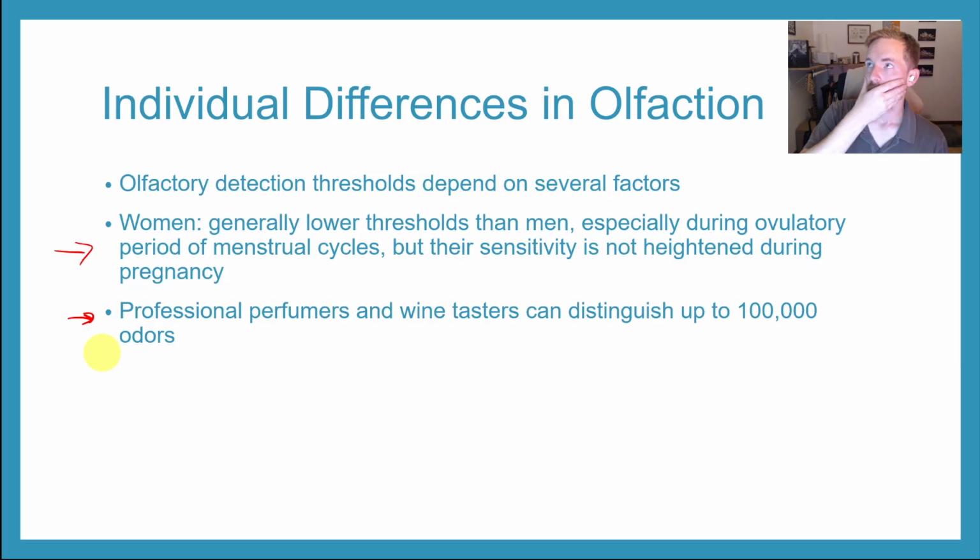I'm reminded of wine, for example. I'm trying to think about how much into the weeds I want to get on this, because I assume that people watching this have probably tasted wine before, right? And a lot of people, including myself, can't detect that much difference between different kinds of wines. You give me a wine, I can tell you if I like it or not. I can tell you if it's white or red. That's pretty much it.